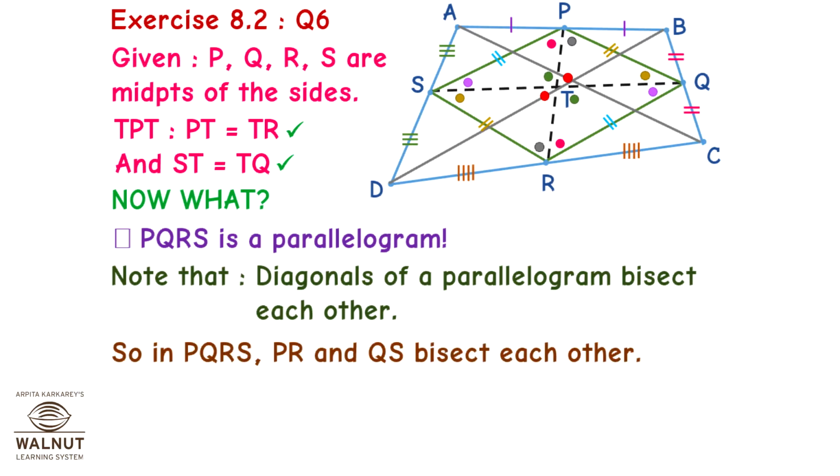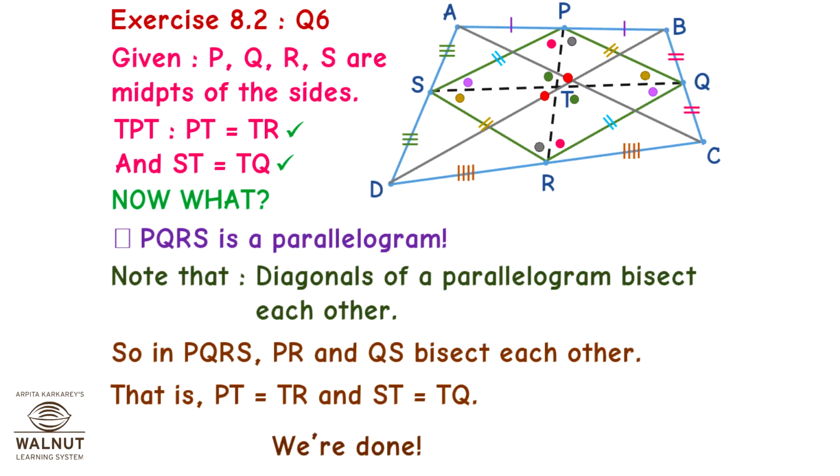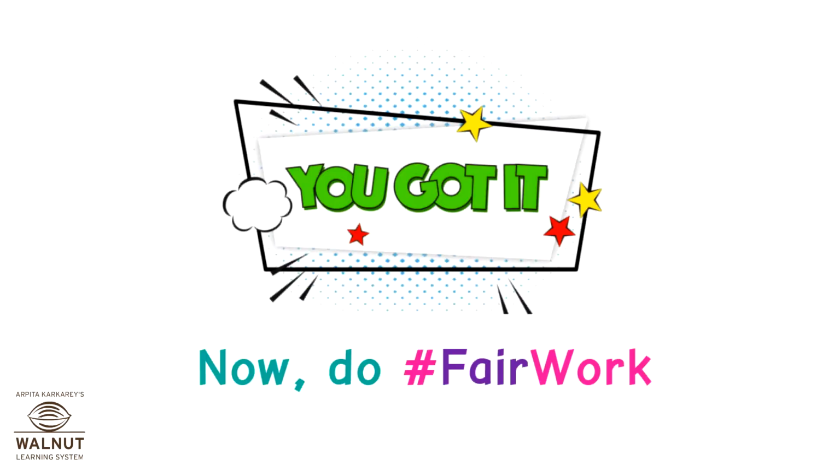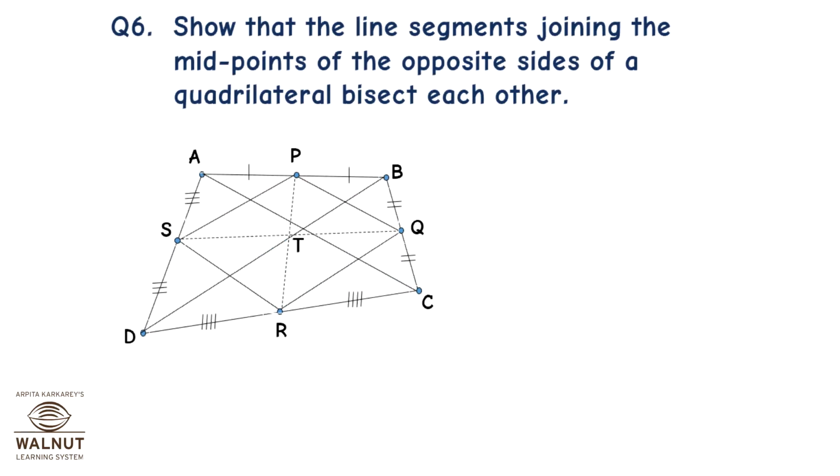So, in PQRS, PR and QS bisect each other. That is, PT is equal to TR and ST is equal to TQ. We are done. You got it. Now, do fair work. Show that the line segments joining the midpoints of the opposite sides of a quadrilateral bisect